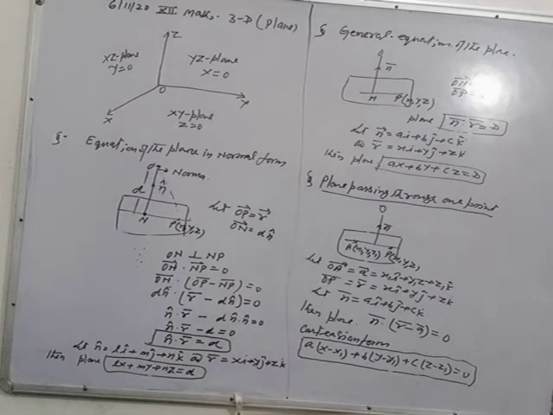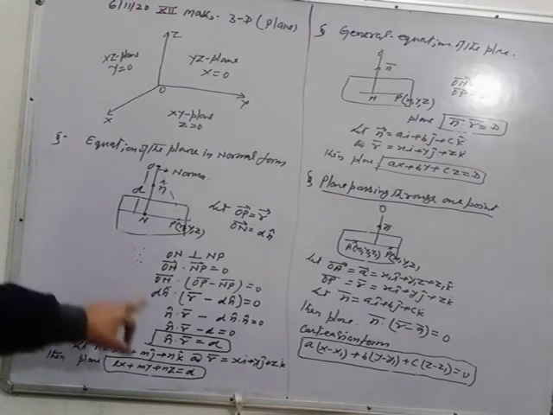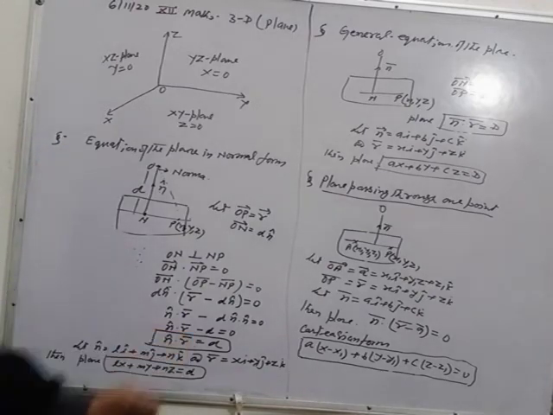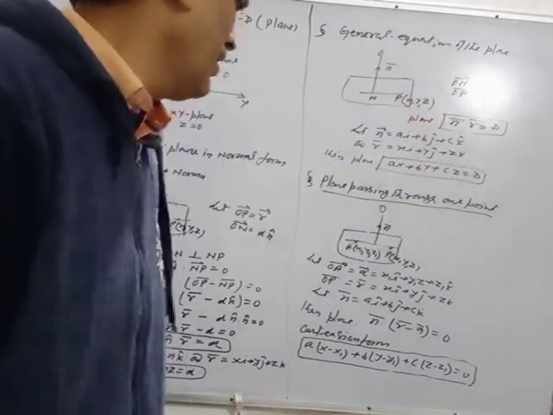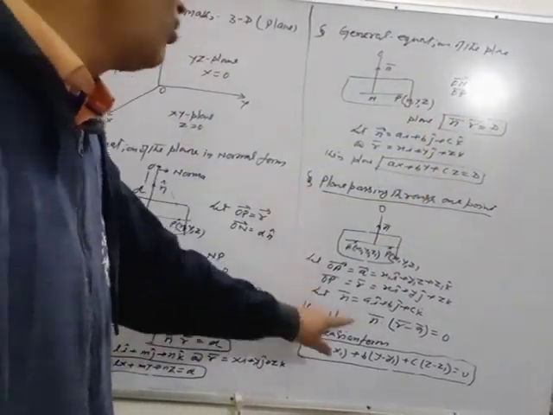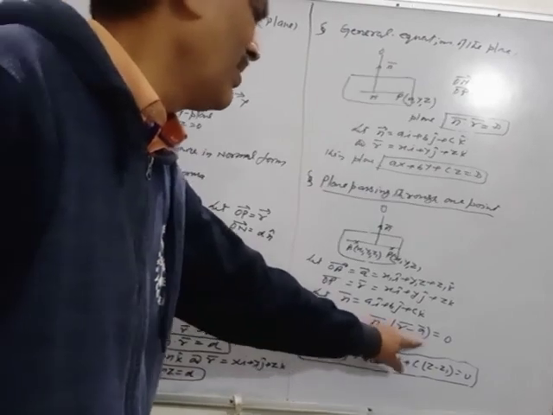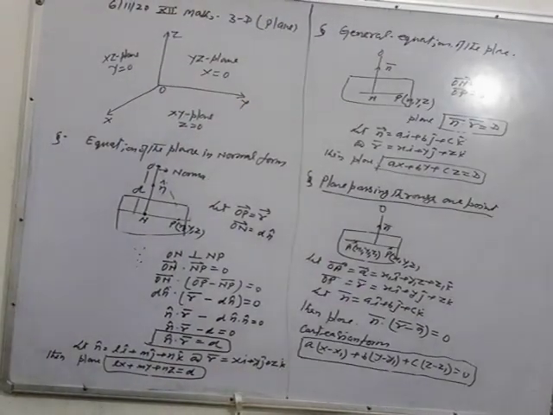Okay, so you will remember three relations. This is the first article, equation of the plane in normal form. This is the second, general form, n dot r, and third, plane passing through one point, n dot (r minus a) is equal to 0. Okay, so this is the basic thing of plane.